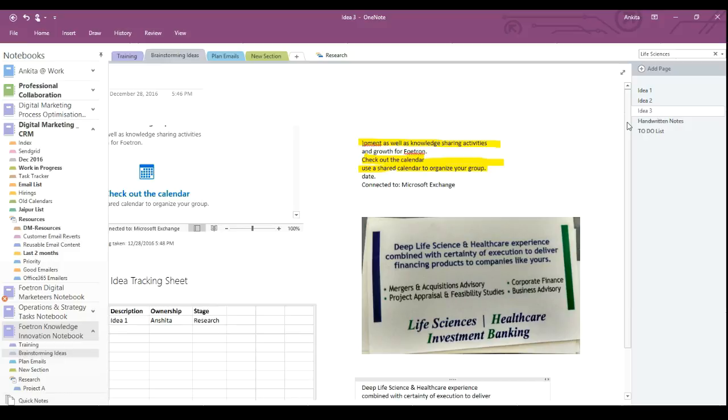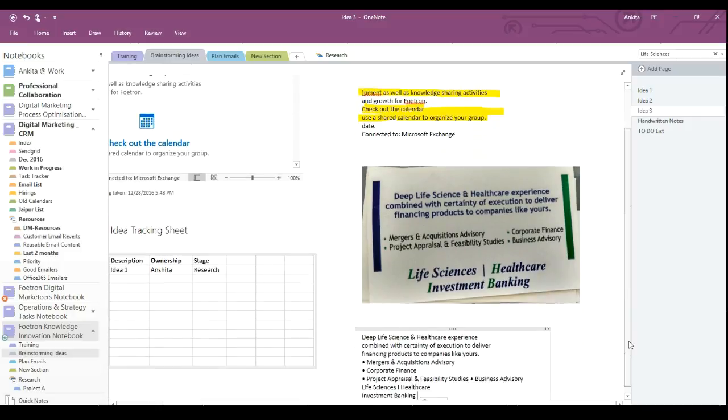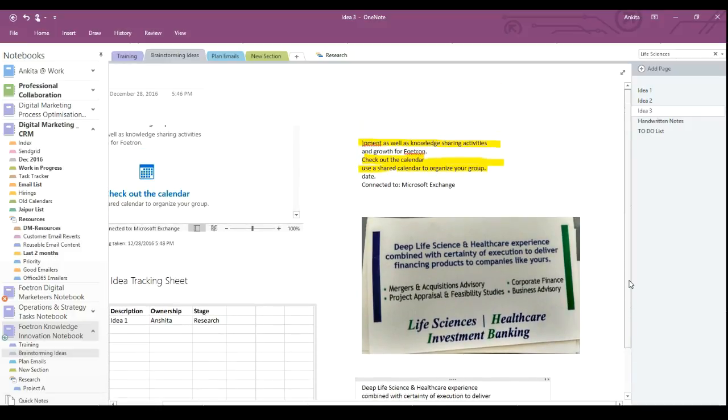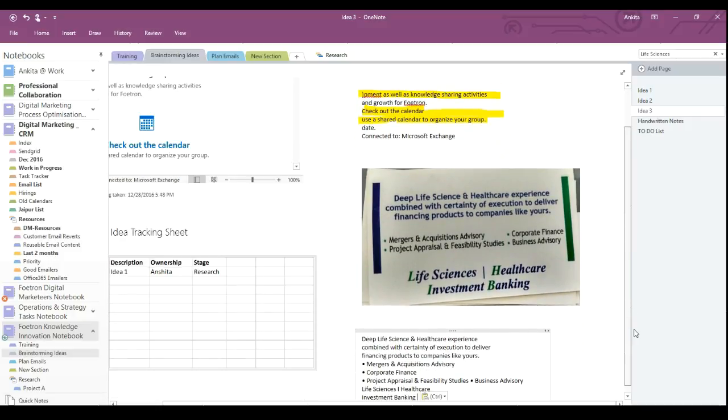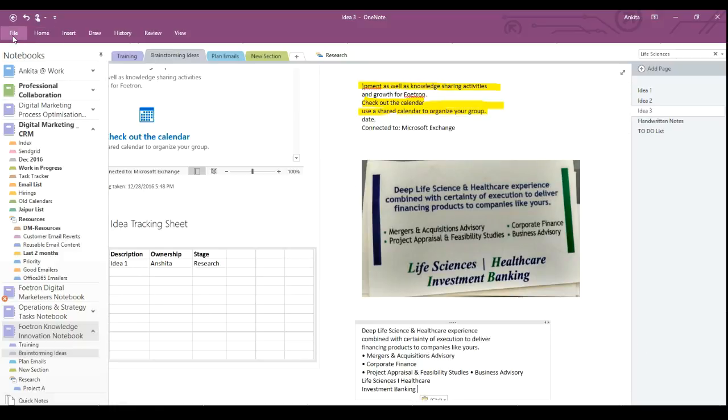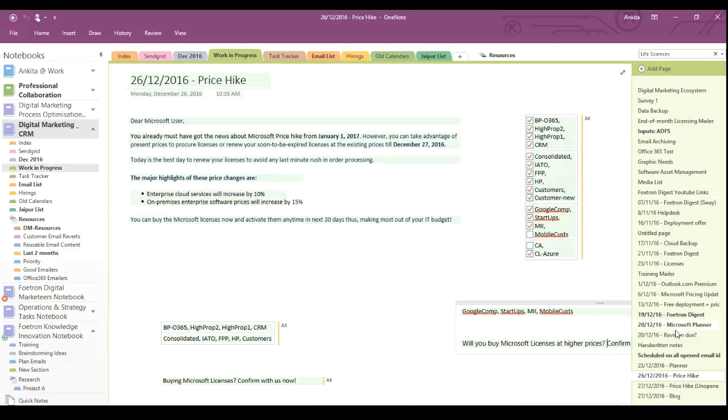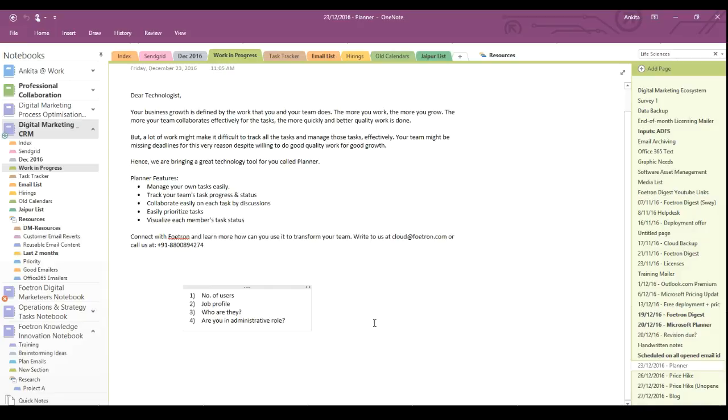Within my team, if for this notebook we are managing innovation or brainstorming ideas, all this information can be easily kept over here. So all these capabilities are there in OneNote, which help us to easily manage all the knowledge. And team collaboration comes into place through these things. For example, I show you this newsletter which we sent for task management,